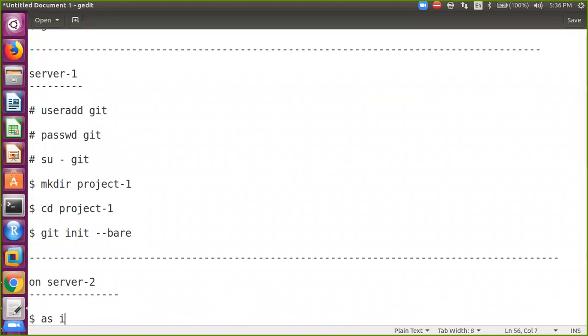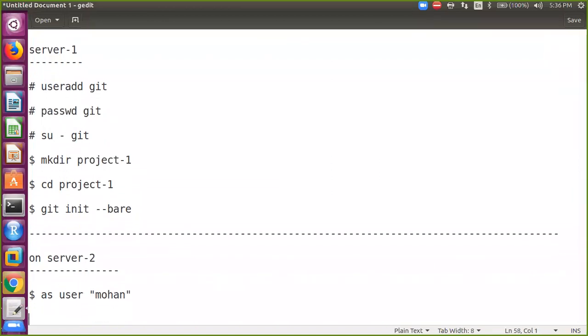So user Mohan is my user account on server 2, working as a developer for this project. Whatever code I write, I will be writing as user Mohan on server 2.